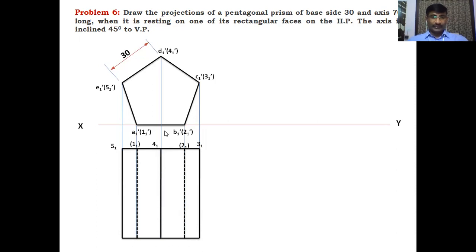Okay, draw the line also. There is a line coming from D1 dash to 4 dash, also a dark line. So these vertical lines are dark lines, and these 2 lines are dotted lines, because when looking at this solid from the top side, the line joining 1 dash and A1 dash, and B1 dash and 2 dash, are invisible lines. That's why I'm drawing them with dotted lines. These 2 are dotted lines when looking from the top side.